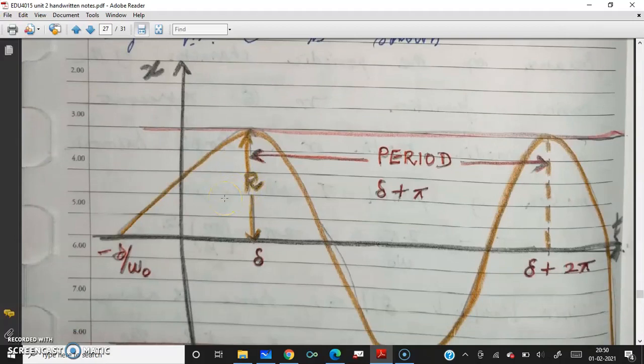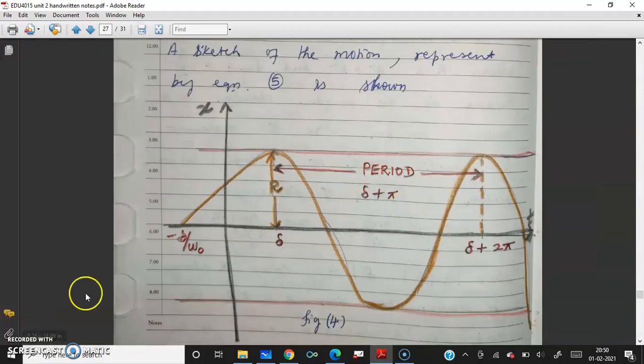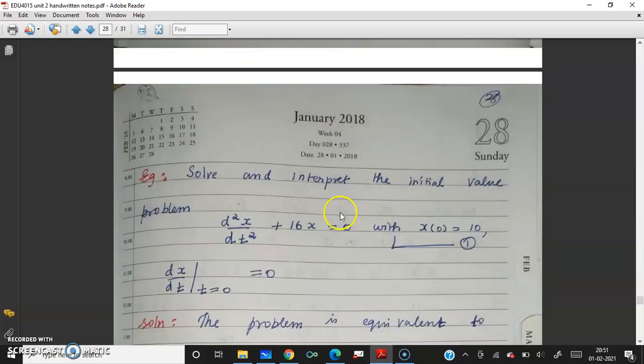I can just draw the figure like this, right? Can you see the graph? So in this graph, this is x displacement and this is t, time. So using that x-t graph, the x-axis is t, the y-axis is displacement x. You can see this is a cos curve, right? From this r to this r, this is one period. Delta plus pi, here it is delta plus 2 pi. So delta by omega is where it touches the x-axis. You can see the periodic motion. Figure 4 shows the periodic motion.